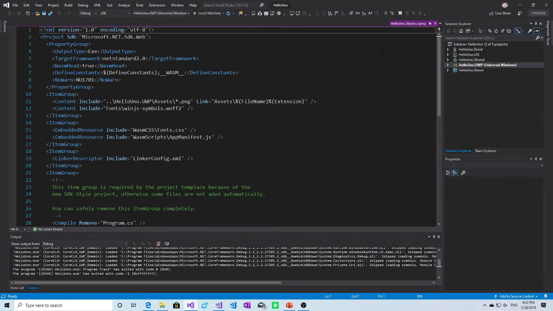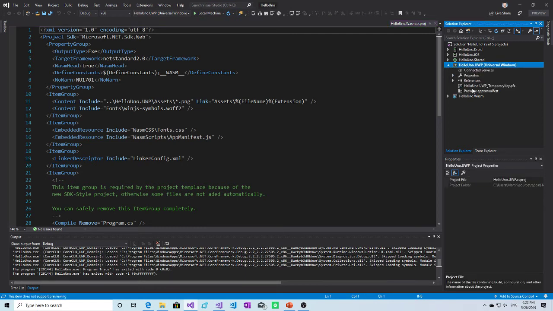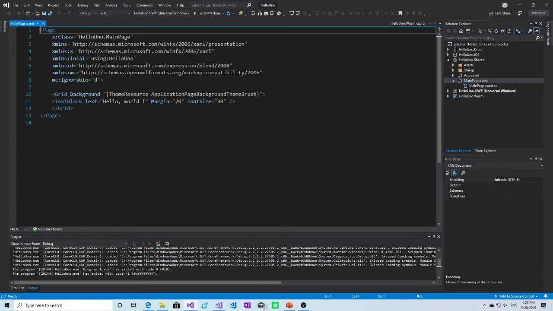And how does it work? If I check the UWP project, I can see that there is no app.xaml or mainpage.xaml, which is unusual. But once I go to the shared project, these two files are there. Once I open, for example, MainPage.xaml, you can see that's the normal main page you are used to from UWP.